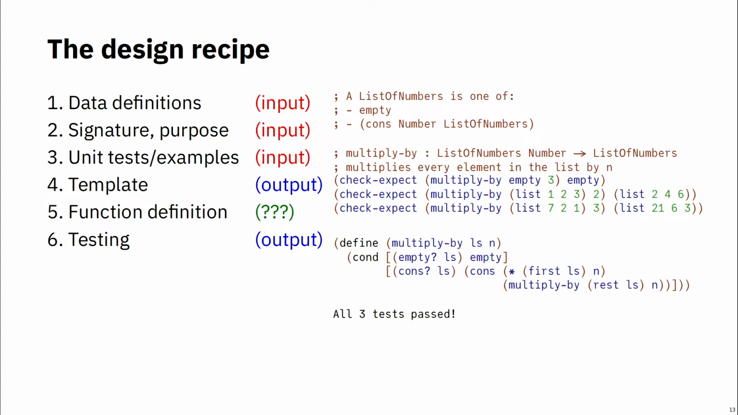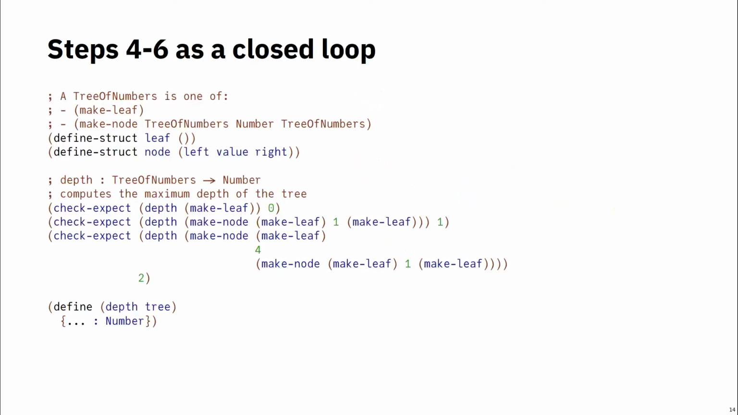So, the key observation here is that our three things up here, our data definitions, signature and purpose statement, and unit tests, are things that we give as this kind of input to the design recipe. We say that these are going to dictate what our function should be, and our template and tests, and to some extent the definition, are things that fall out as a result. So the key observation that my synthesis work is trying to do is turn these steps 4 through 6 of the design recipe into a closed loop. So it continues trying to refine that solution until it finds something that works based on steps 1 through 3